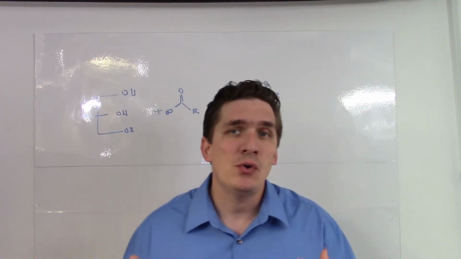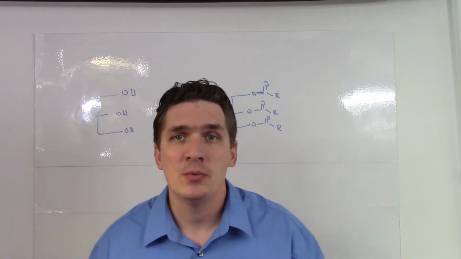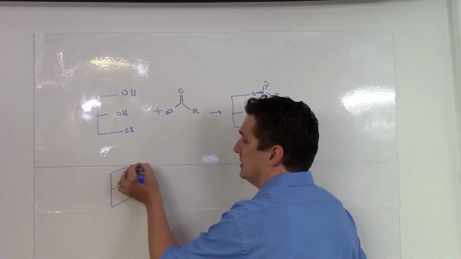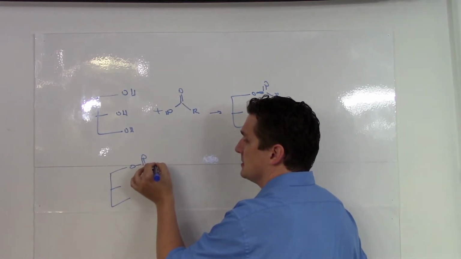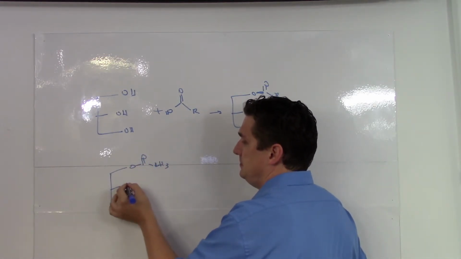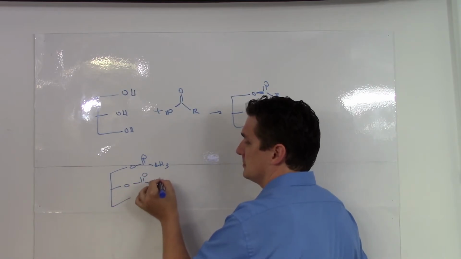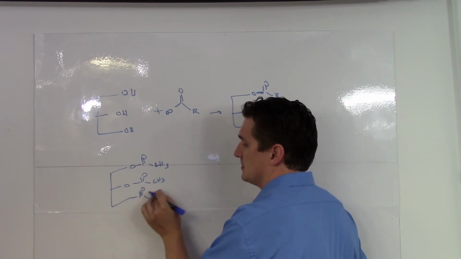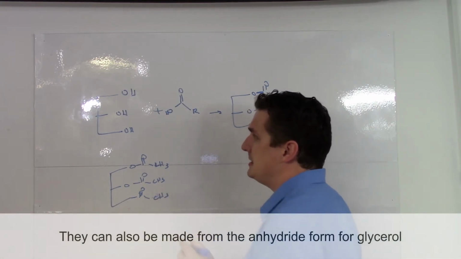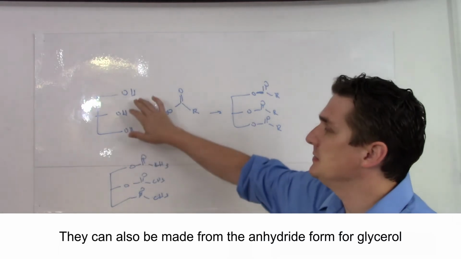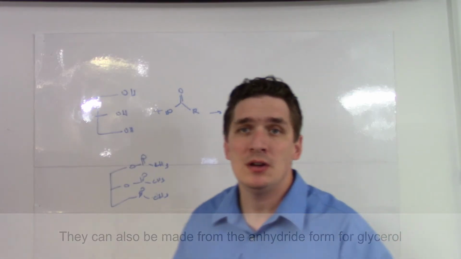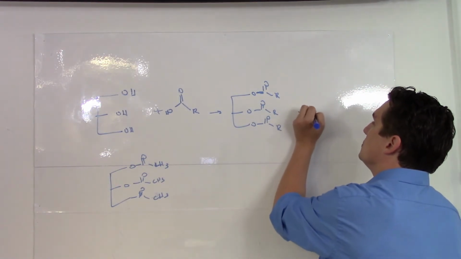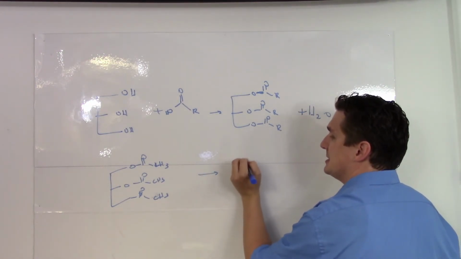Now, this is not the only way we can produce them, because if you remember, if we have a carboxylic acid, we can also do this with the anhydrides as well. So if we have the acetic anhydride equivalent of this propane triol, we can also get the exact same reaction. The thing is that instead, in this case, where we produce water, we'll actually end up producing acetic acid